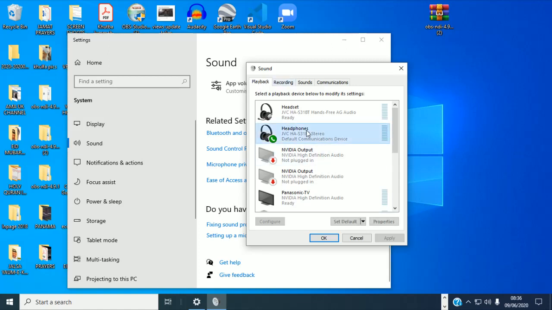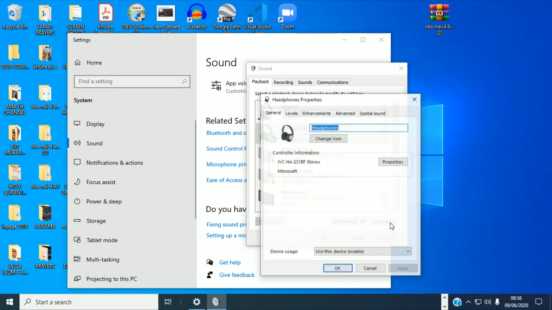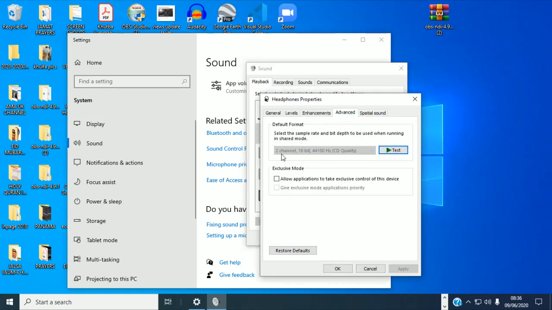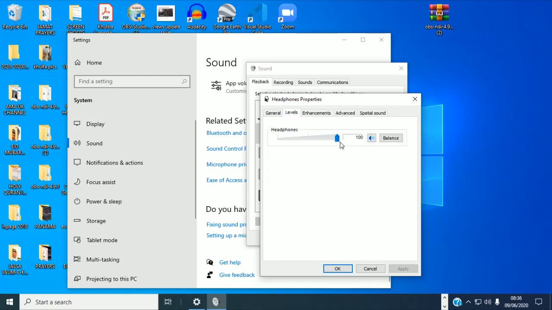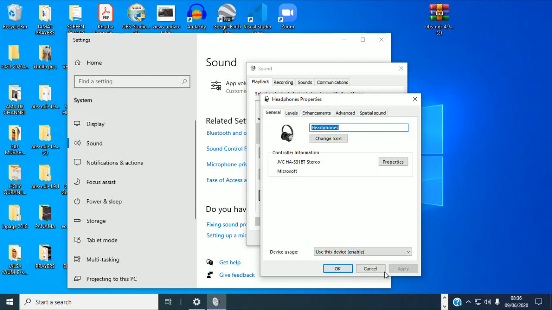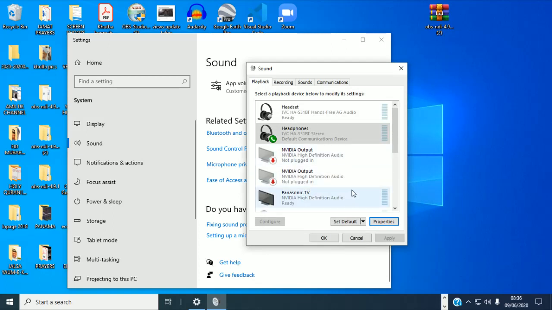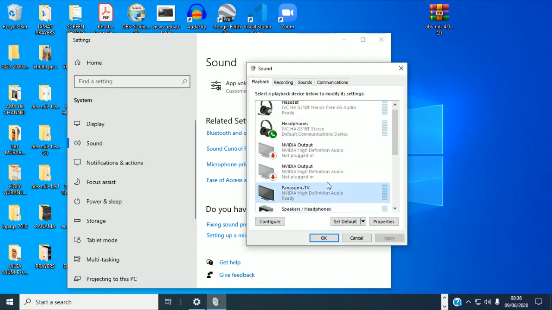So I need to make sure this is my playback device. Click onto properties, advanced, make sure this is on 2 channel 16-bit 44,100 Hertz CD quality. Enhancement, leave it as it is. Level, make sure it's on 100%. General, apply, and OK. But if you are using any other devices, let's say